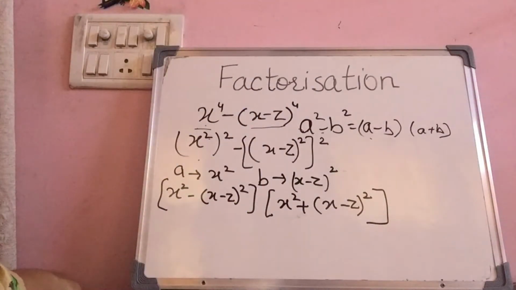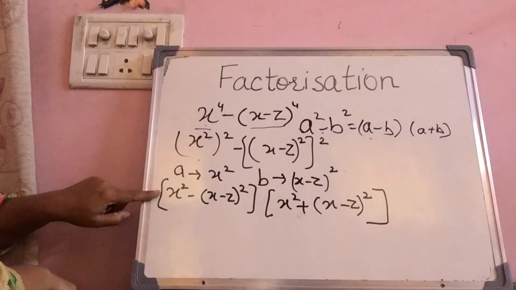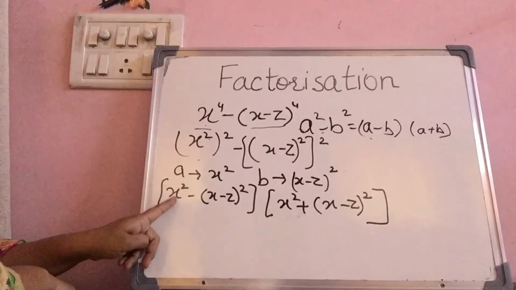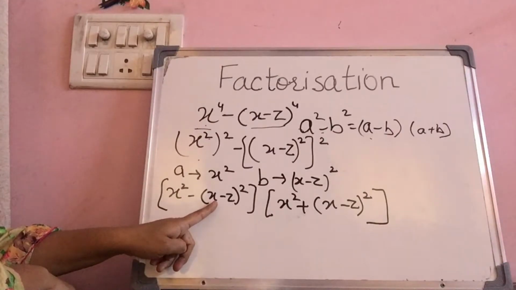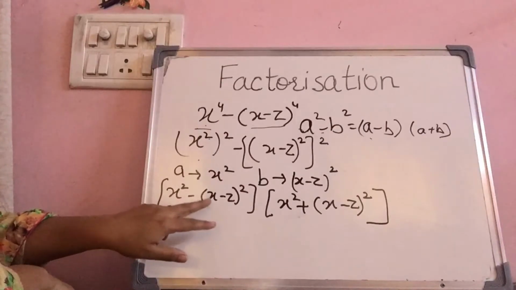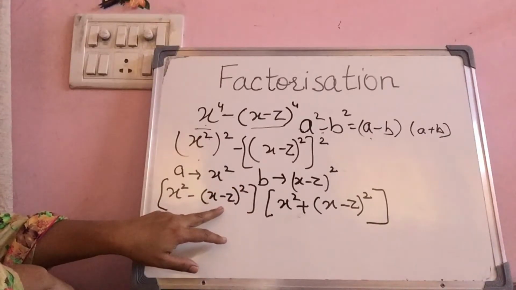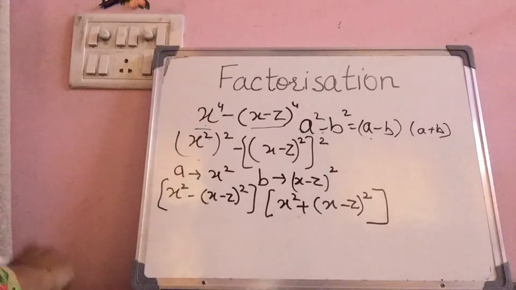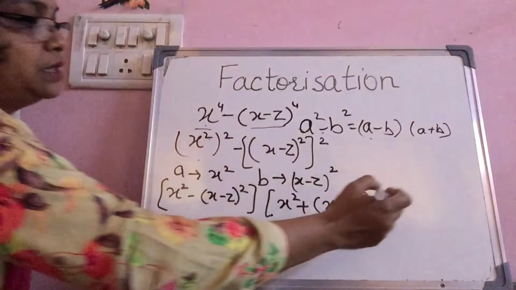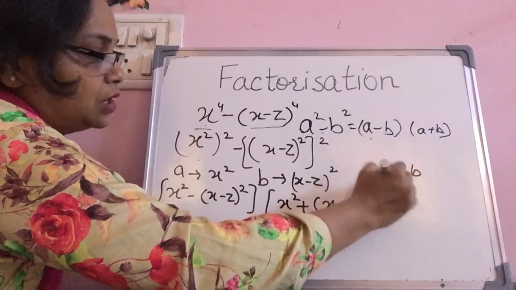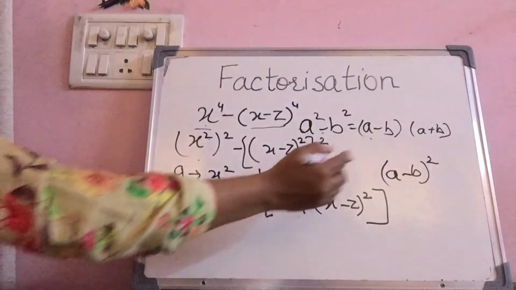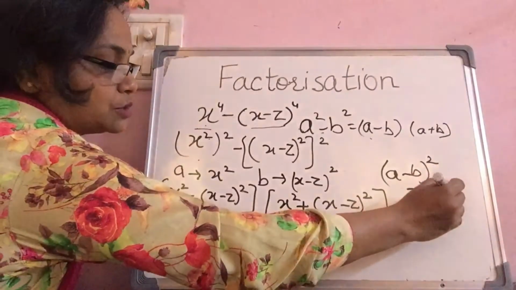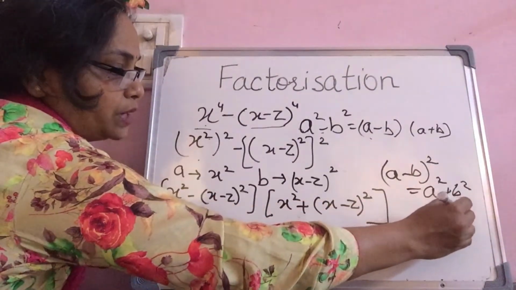Now for this bracket we can use two identities. One is third identity, that a will be x and b will be x minus z, and secondly we can use x minus z whole square identity. We'll do this question both ways. Just have a look. By using second identity, that is a minus b whole square, we'll open it by this identity. This is equal to what? A square plus b square minus 2ab.